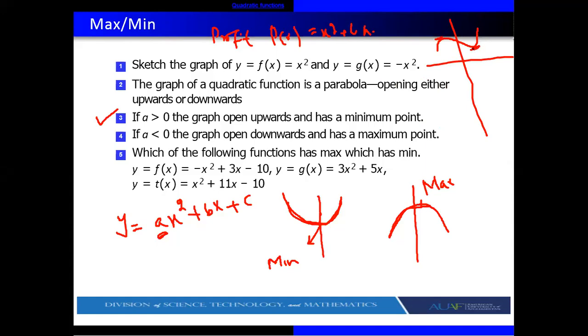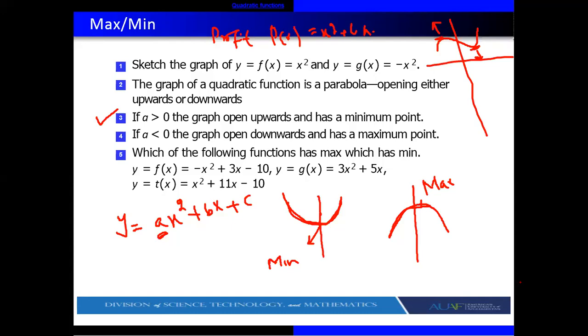For profit, we want maximum point. Yeah, every organization want to increase its profit. If this one is, let's suppose, a cost function, so everyone want to reduce its cost. So for profit, we need this point. At this point, your profit is maximum. For cost, these are the points, because at these points, your cost is minimum.